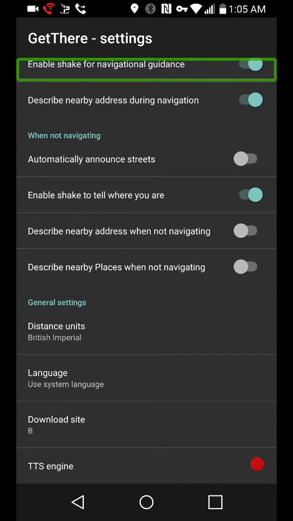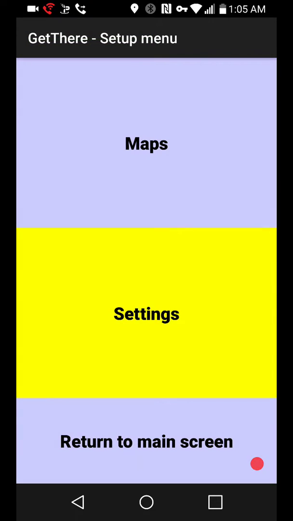Alright, so I have to go back. Okay, Maps button, Get There, setup menu. Double tap to activate. So if we go into maps,